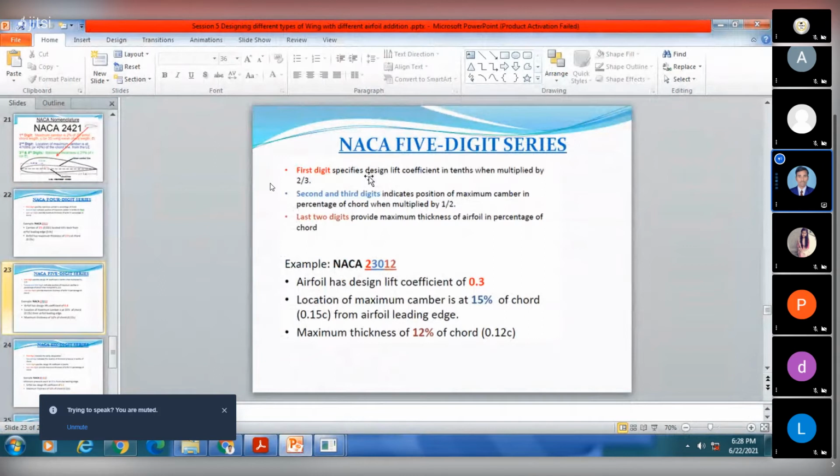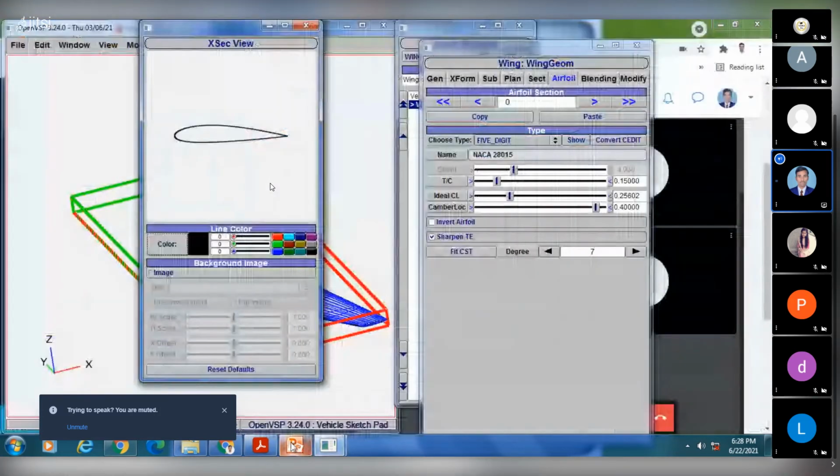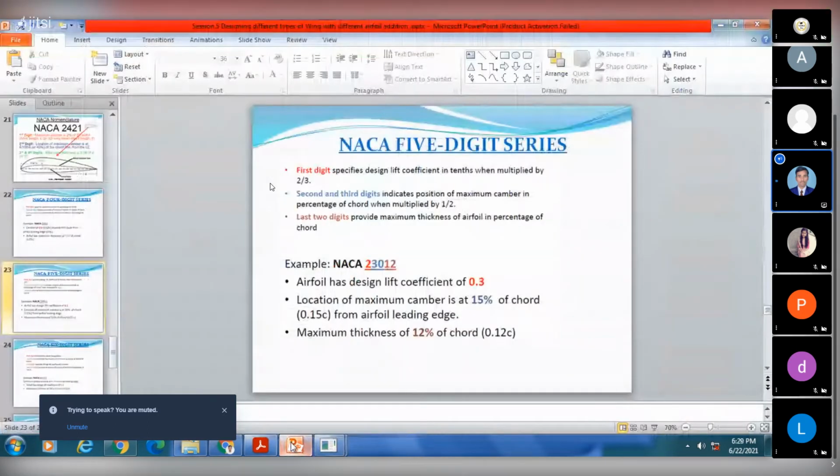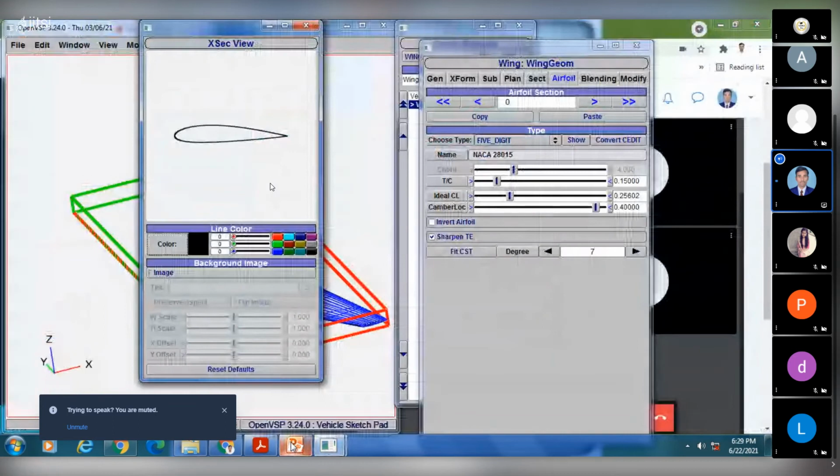The first digit indicates the design lift coefficient. So for our case, the design lift coefficient is 0.3, so we will change this.